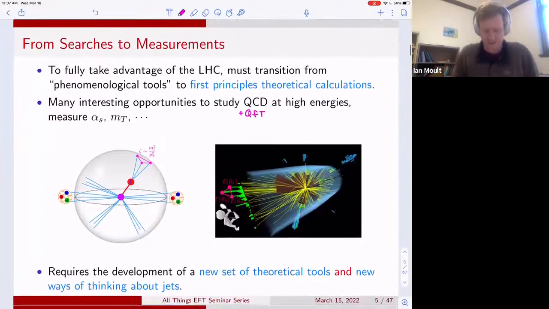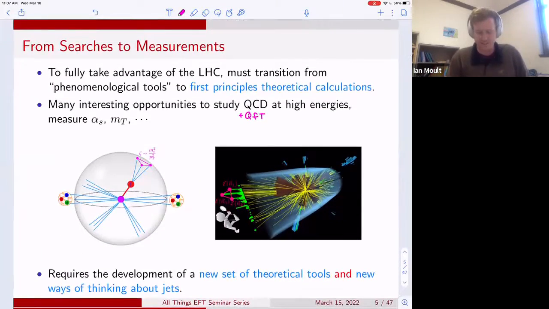However, the LHC is a really remarkable machine with these extremely high energies, and one would like to fully take advantage of this and transition from these tools for tagging or identifying the underlying physics to real first principles theoretical calculations, where you can really probe or fully exploit this remarkable LHC to probe the structure of quantum chromodynamics and the standard model at these previously inaccessible